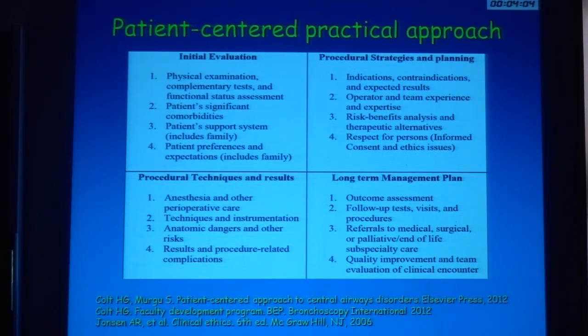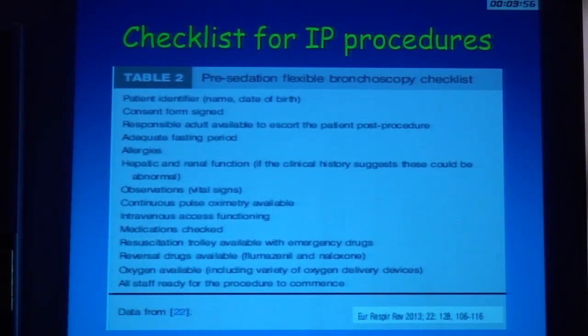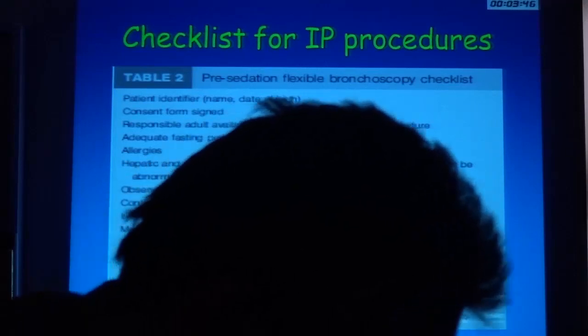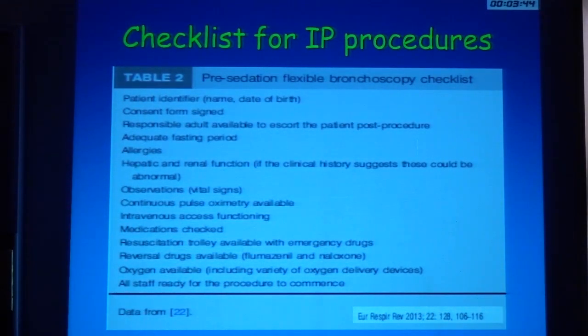So this should be in your unit all the time. You should have this algorithm before doing your procedures. And you should have a checklist for any IP procedure before starting. Because we are human beings, we are doctors, but we can be sleepless, we can be careless, we can make mistakes. Not to have many mistakes or just completely get rid of them, you should have a checklist to fill out before the procedures. And it includes all the important points so that there are fewer complications,